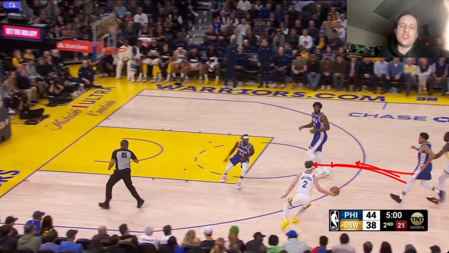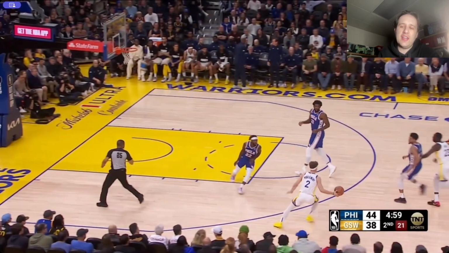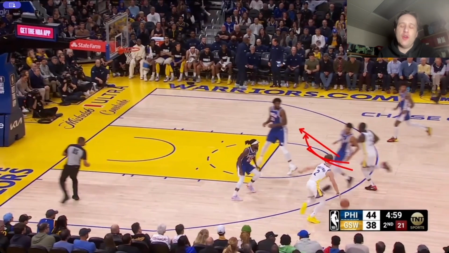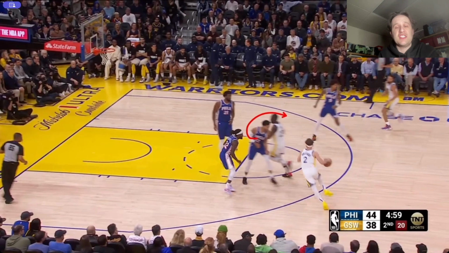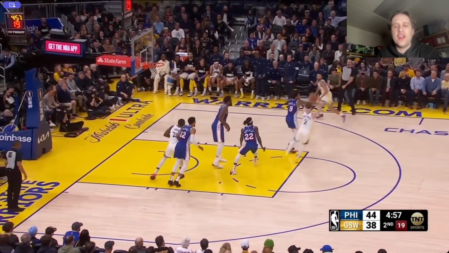Transition, Tobias Harris needs to be sprinting back. You are light jogging back. If you were sprinting back, now there's about to be a screen here that you're not able to switch. Now, Joel Embiid is an extra body. He has no one to guard right here, so he could come up and help on the ball, instead of standing in the paint. Kelly Oubre's got to stay with Steph Curry. Again, just